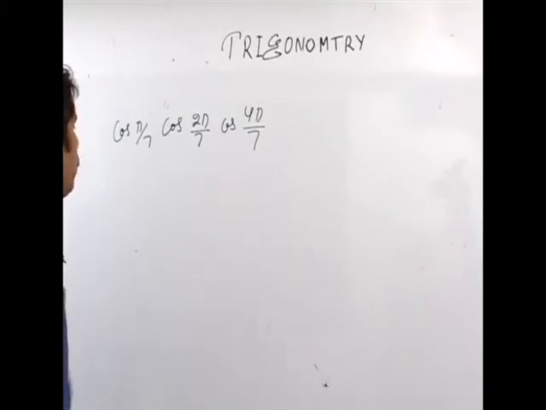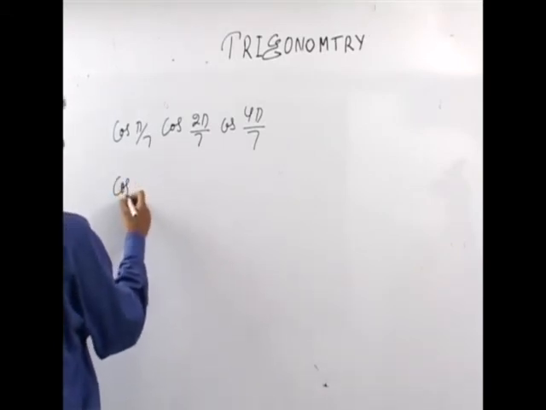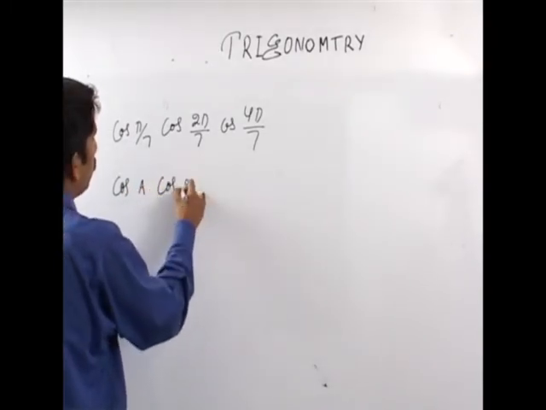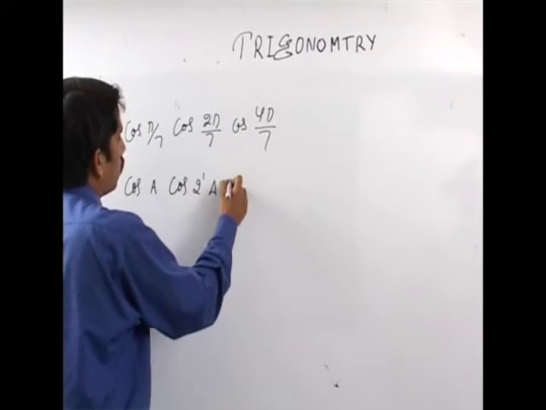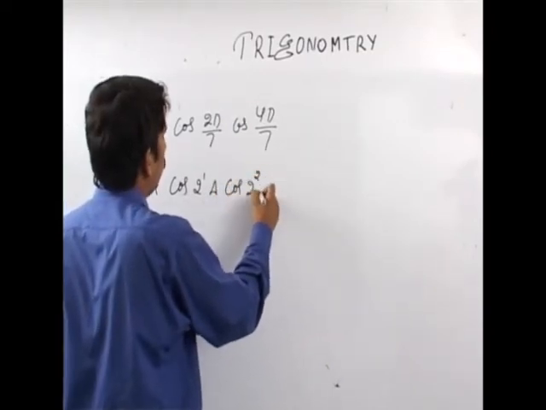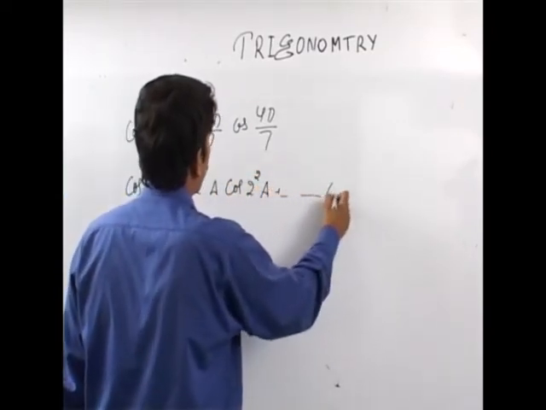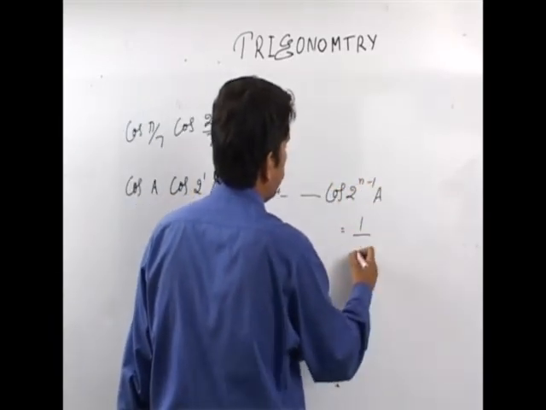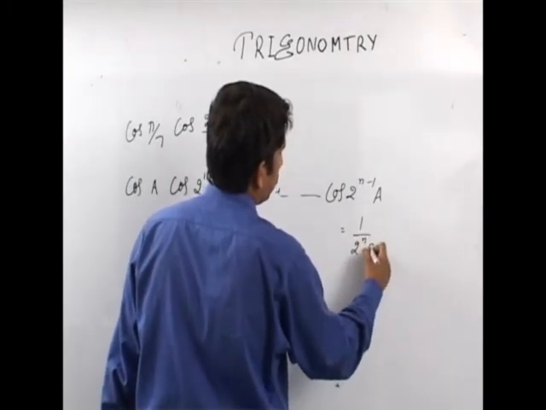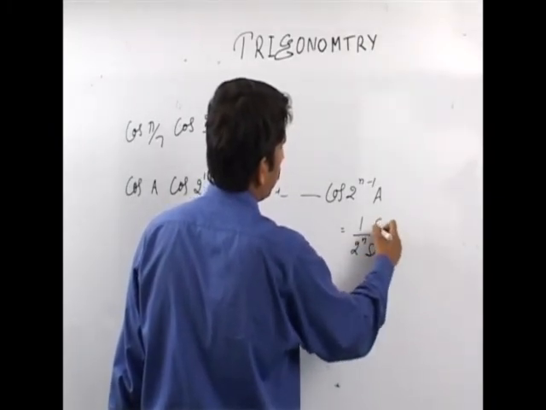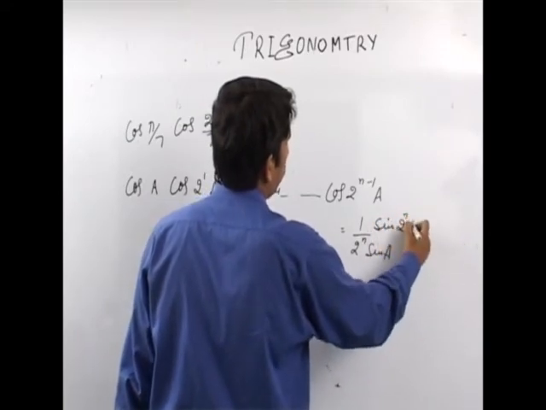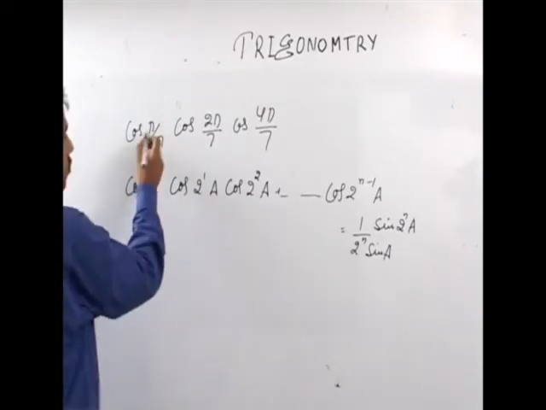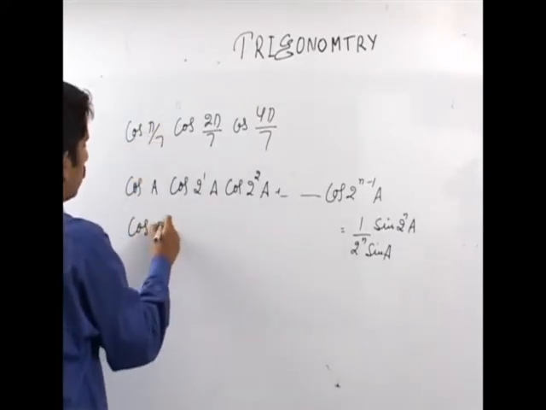If you remember, we have done a relation that if it is cos of A, cos of 2 raised to 1 A, cos of 2 raised to 2 A, and so on, cos of 2 raised to n minus 1 into A, this is equal to 1 by 2 raised to n sine of A into sine of 2 raised to n A. Now if we apply the same formula here, if we take this as 2 raised to 0